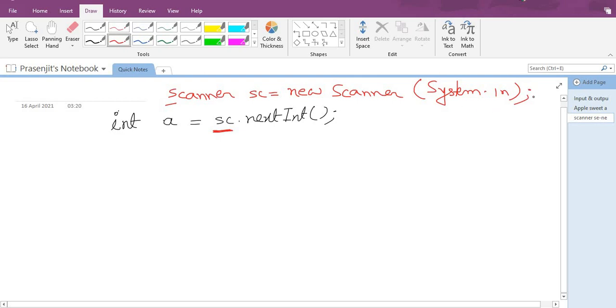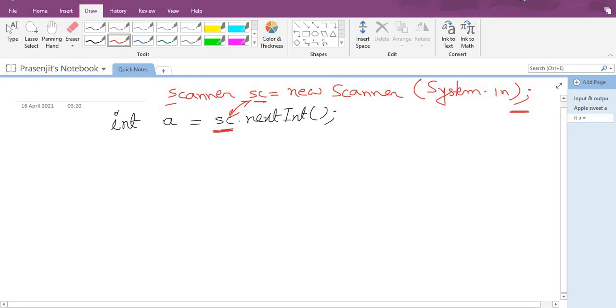Semicolon means we are indicating that the line is completed. This semicolon means the line has ended; we are telling the computer. The Scanner, this sc and this one, both are the same. If you write a small letter, you use a small letter; if you write a capital letter, you write a capital letter.